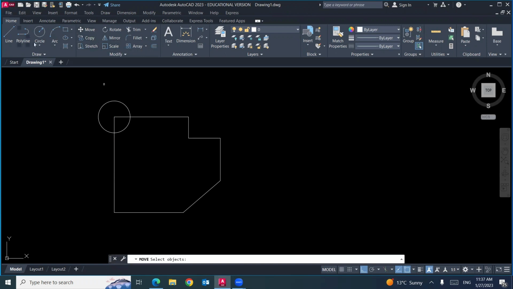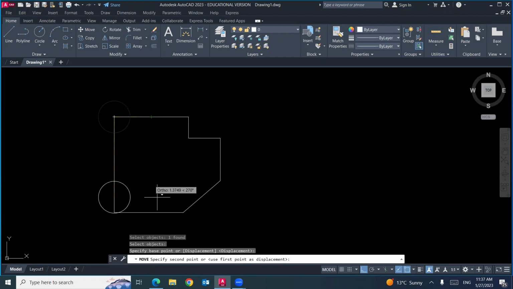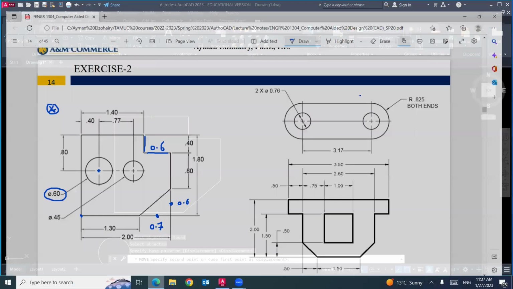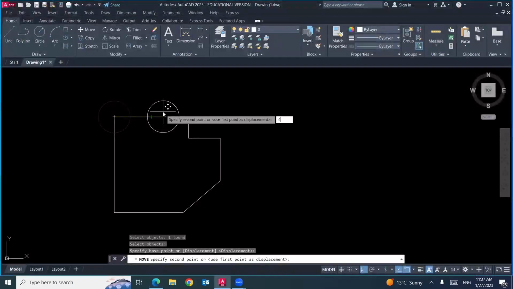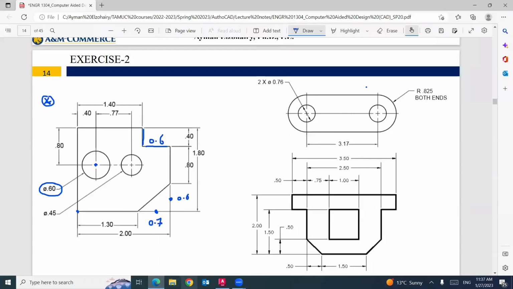I will call command move. I will select this circle, enter. I will specify base point at the center, and I will not pick up the second point. I will move in this direction and write the horizontal distance I need, 0.4. So 0.4, enter. I moved the circle to right, 0.4. I'm gonna move it down, 0.8.